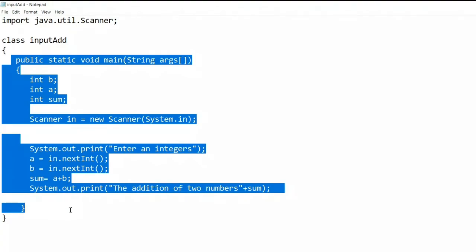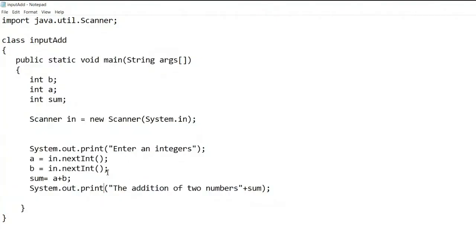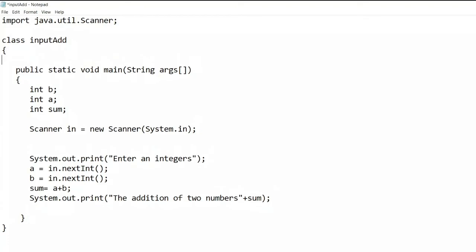Clear? This method is for which class? Class InputAdd, so you can access it within the class InputAdd. Suppose I do another same program here once again. I will do a method, void. I will take another void add method, add2.